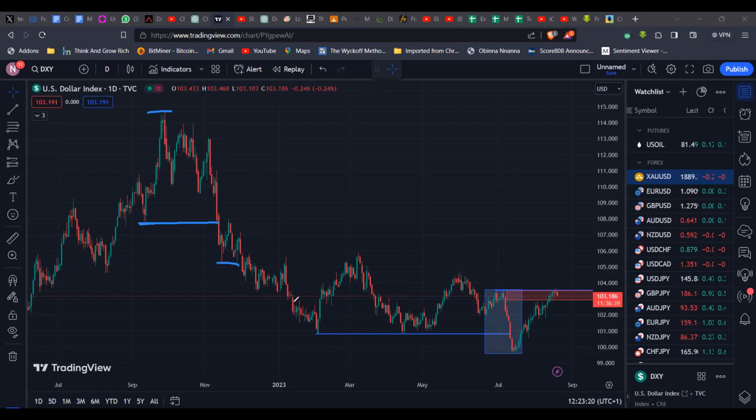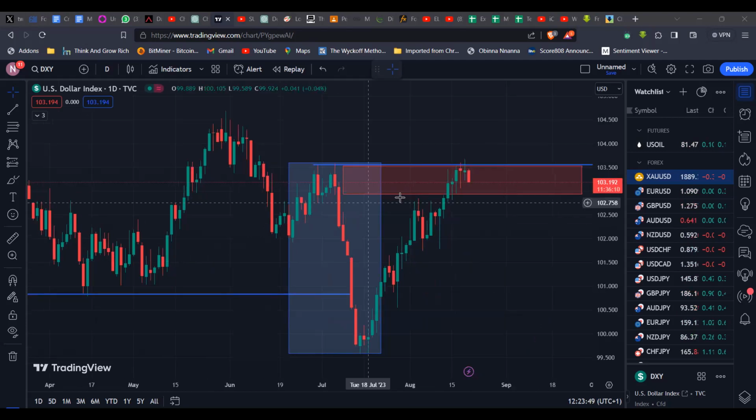So we broke down twice, a third time, a fourth time, right? And even this is still bearish. So far we've not made a bullish leg. We've not pushed higher. We made a new low here, as you can see, and this low came from this high here. So essentially the DXY, or the dollar index, is bearish.